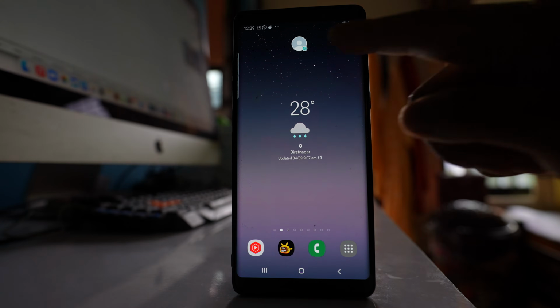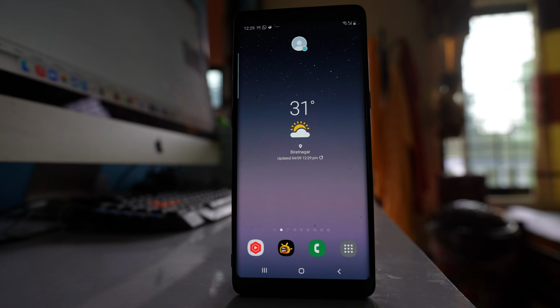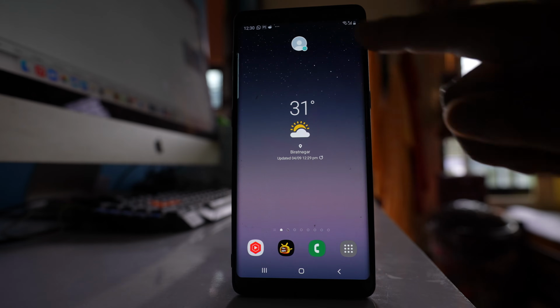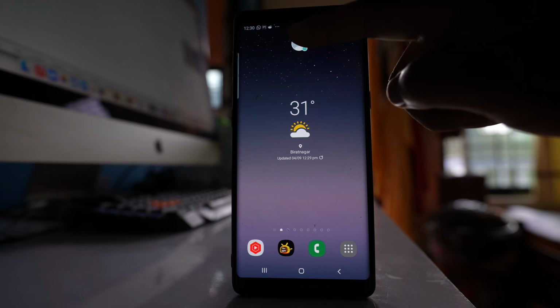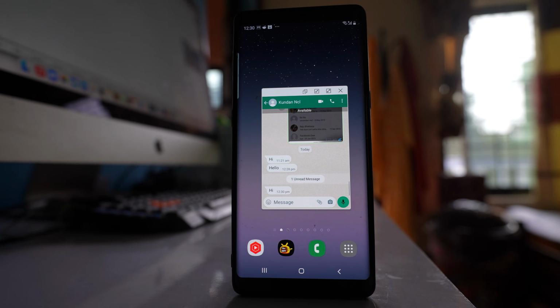If you see this kind of icon on the home screen of your Android device, then let us know what it is and how to remove it. This is actually a kind of notification that appears on the home screen of your Android device, and if you tap on it, you will be able to see what is inside of this bubble.